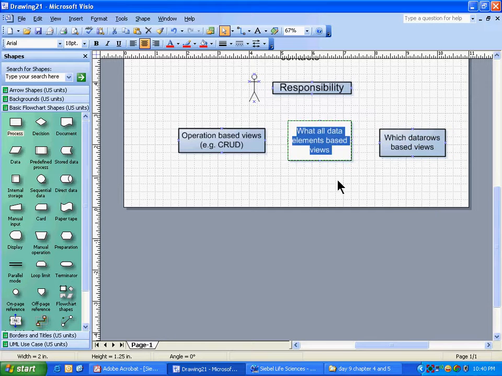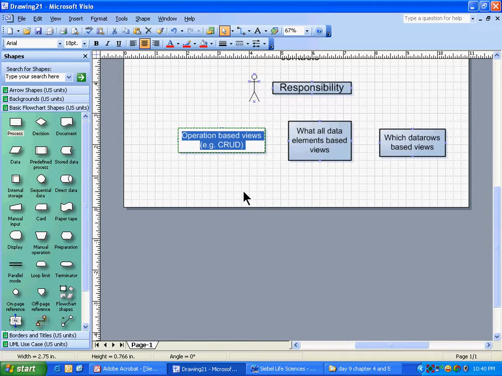Here, the access to this view has been given to the user because of responsibility. But what all data elements he sees, position plays no role. Only tinkering, tools, development work plays a role. Here, responsibility has given you the access to that operation based view. It has different CRUD matrix. No position required.